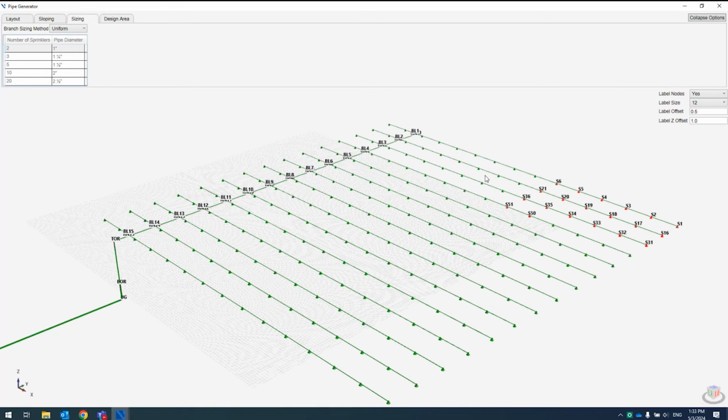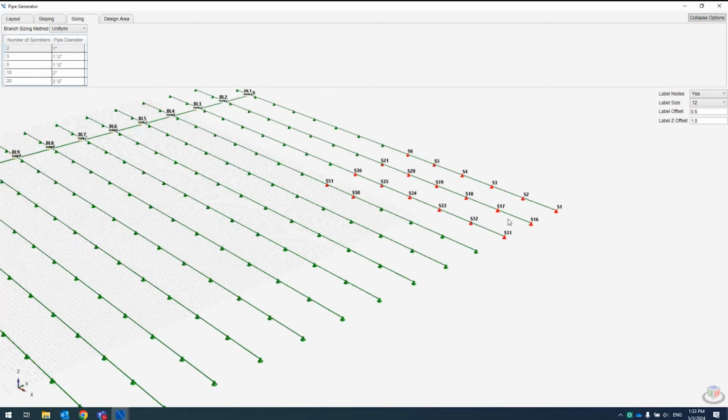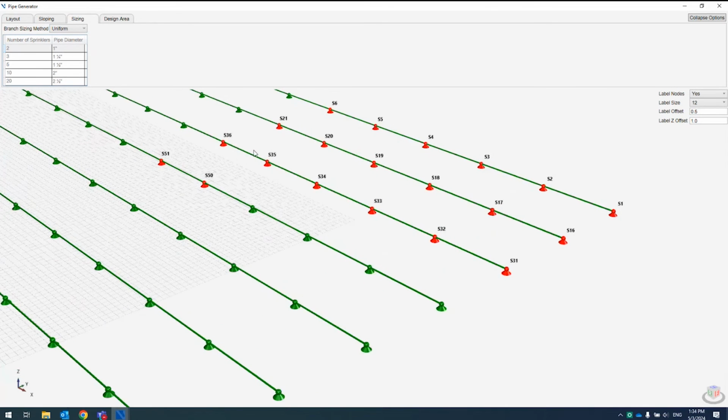The sizing tab, so back on the layout screen, I had chosen a nominal 2-inch diameter for all of my branch line. So every single pipe here is going to be 2 inches. And that is what we call our uniform sizing. An alternative we offer to that is what we call telescoping. It's kind of like your NFPA 13 pipe schedule method. So if I were to choose the telescope size,